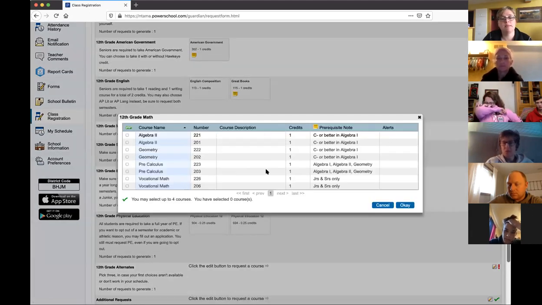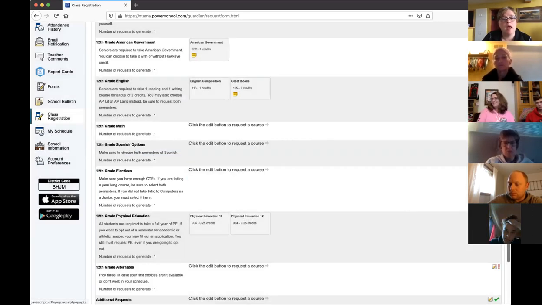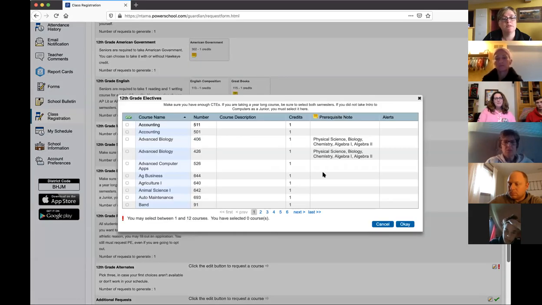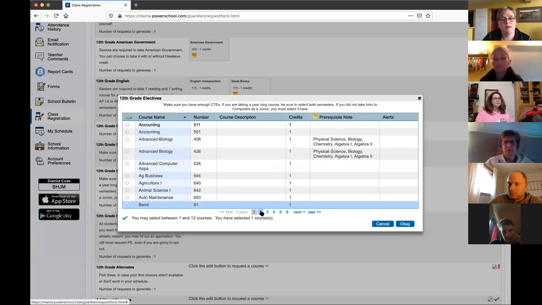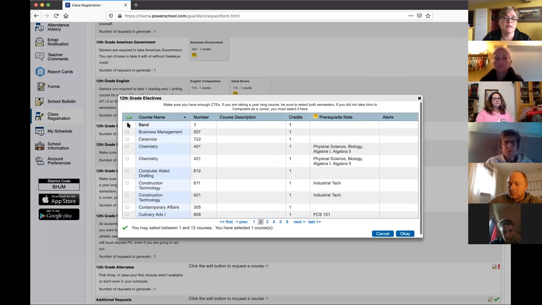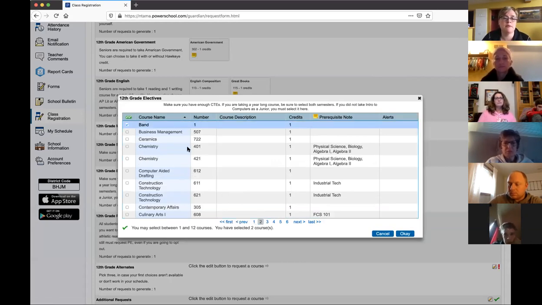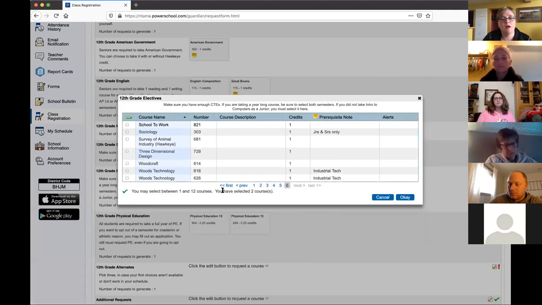Math is an elective as a senior, so then you can come in and choose if you want to there. And then you do have to choose electives. This is where you're going to choose any of your science classes that you might be interested in taking. This is also where you're going to find band and chorus. And any of those art, ag, FCS, any of those electives are going to be in this section. Again, I'm kind of feeling like a broken record, but make sure that you select both sections. One is semester 1, the other is semester 2. And then you can page through and see all of your options there.